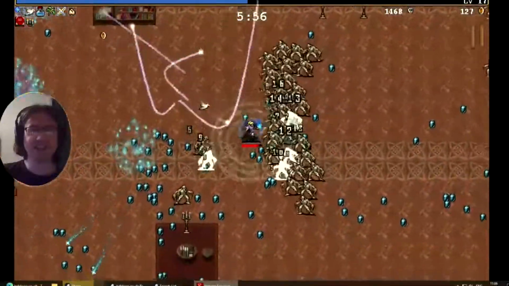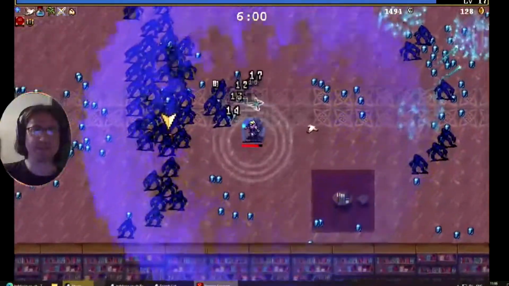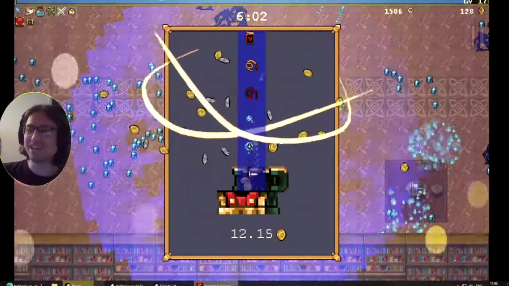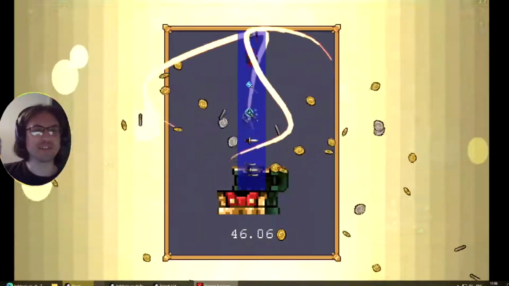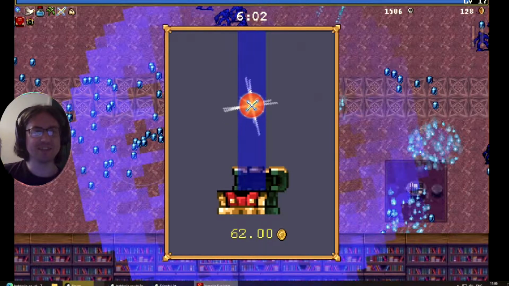Let's go. Okay, I think we've gone very hard into this. And it could be working for us. Okay, more treasure. I don't know if they can hurt us while they're frozen, so I was like, do I want to push into them or not? Okay, so we've got a...